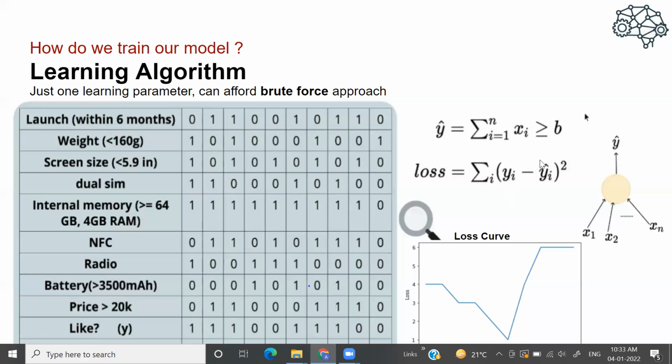Is 5 greater than 0? No. So your prediction will be 0, right? Here your prediction will be 0, but actually it was 1. So here our model has made a mistake. You make the sum of column 2: 1, 2, 3, 4, 5. So your summation is 5. 5 is greater than 0, that means the output will be 1. Your actual value was also 1.